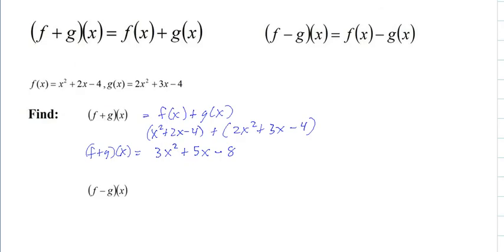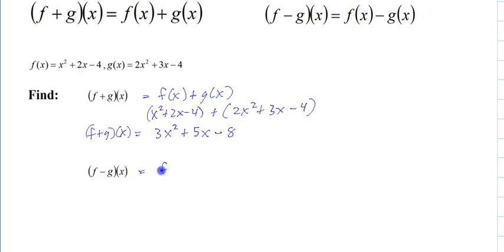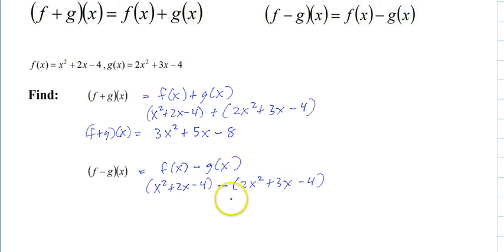Now what if it says minus? Well, you subtract them. So you have f of x minus g of x. So we take the function f of x and you subtract from it the function g of x. Now whenever you're subtracting, you have to distribute the negative. Bring down the first polynomial